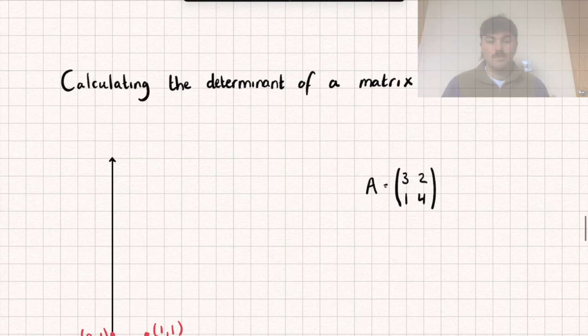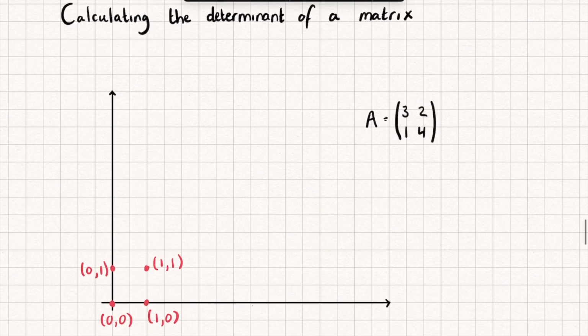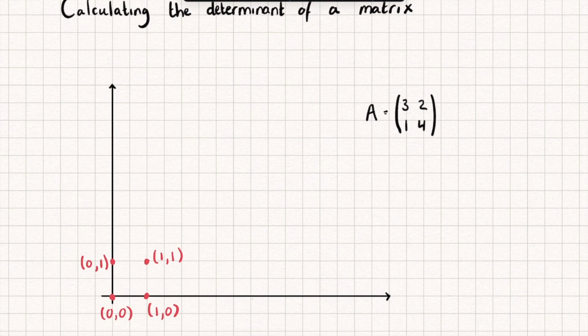So let's see where the determinant comes from and let's see what it actually means, and to do this we're going to look at it geometrically. So you can see below I've defined a unit square and I've outlined it by marking each of the vertices like so. And what we're going to do is transform this unit square by a transformation matrix